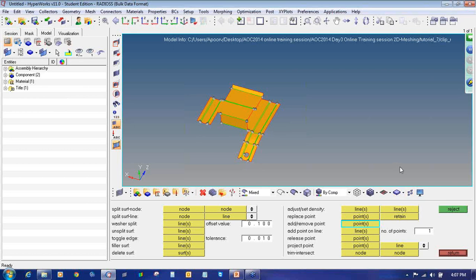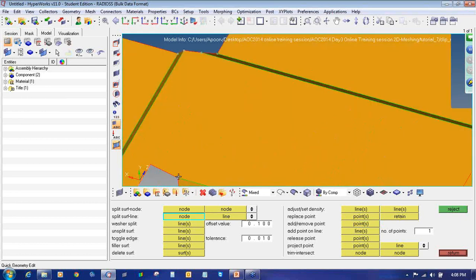And now if we want to split the surfaces, that is also possible. We will see how to split the surfaces to get a better mesh for my geometry. So go to nodes to line. We can split this from this point to this.